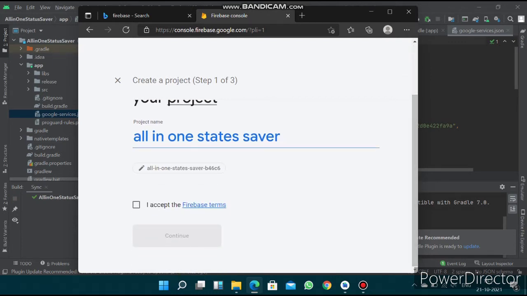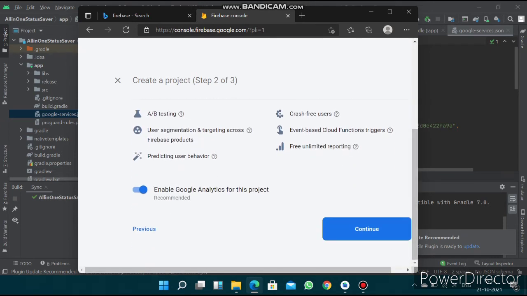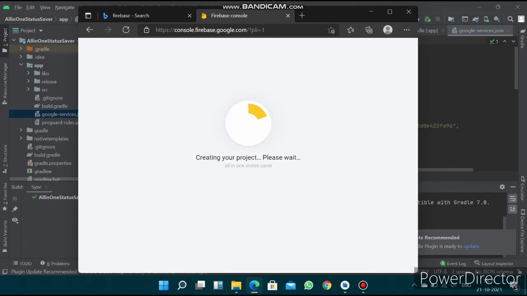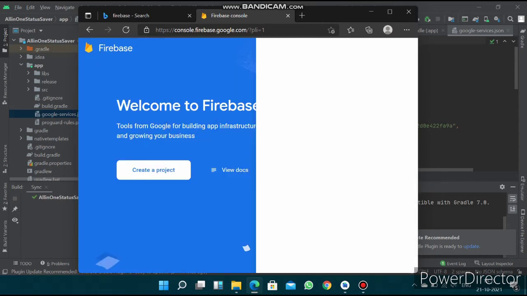Scroll down, accept the terms, click on continue, disable the Google Analytics, click on create project, as you can see the project is completed.